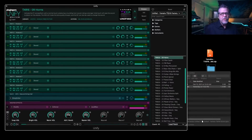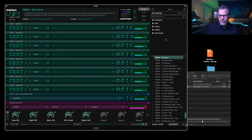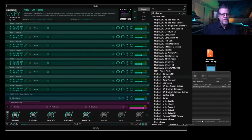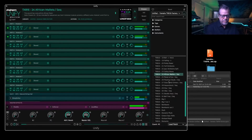Just like that. Then you would go up here to the top and instead of all libraries, like it says normally, where you click where it says all libraries, you'll have just probably Unify Standard Library and some other libraries, maybe if you've been doing this. But down here, you'll see Unified TX816 library, and here they are. Now you can call up